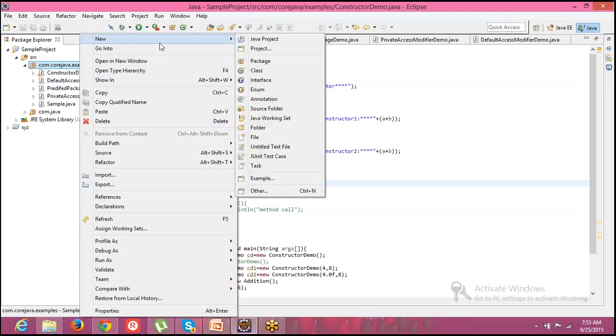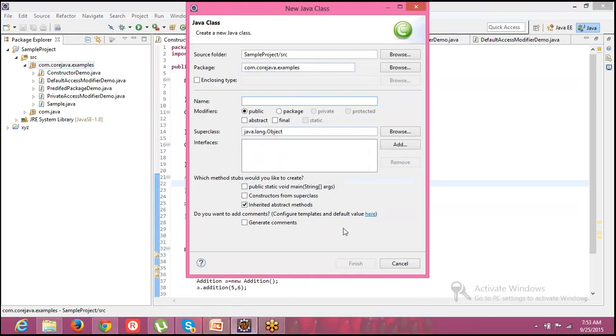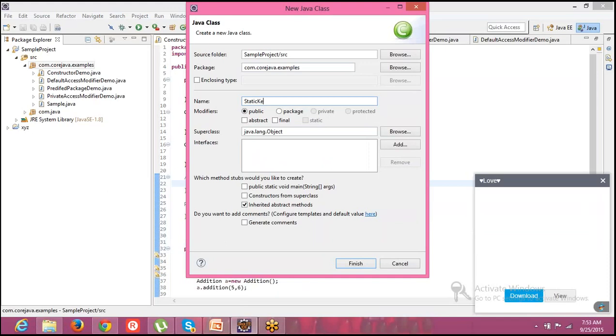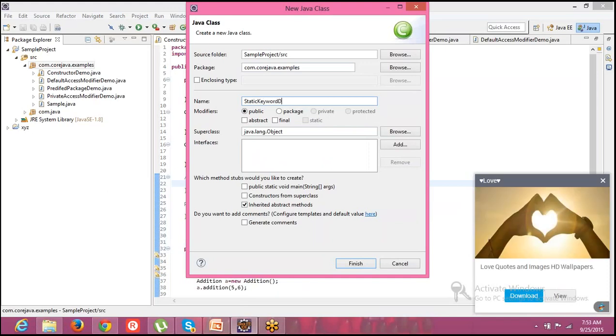So I want to create a class. My class name would be something like this, StaticKeywordDemo. I want to have public static void main also in my class.